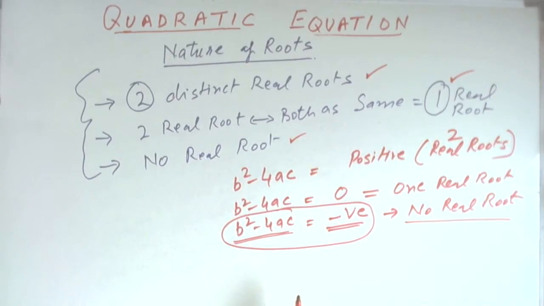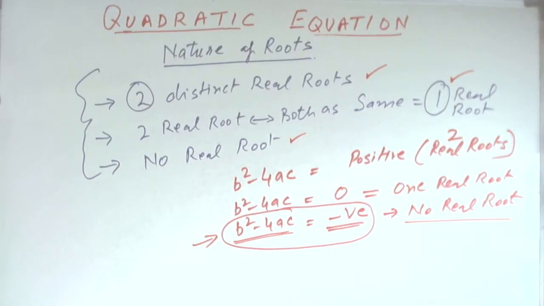Similarly, when we have factorization by the completing the square method, if on the left hand side we have made a perfect square, but on the right hand side we get a negative value, then it is the same situation. That means no real root, because we will have to take a square root. So wherever the situation arises that we have to take a square root of a negative number in calculation, then it will not lead to any real root.